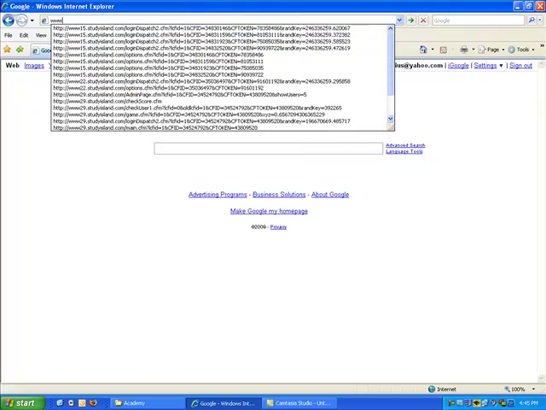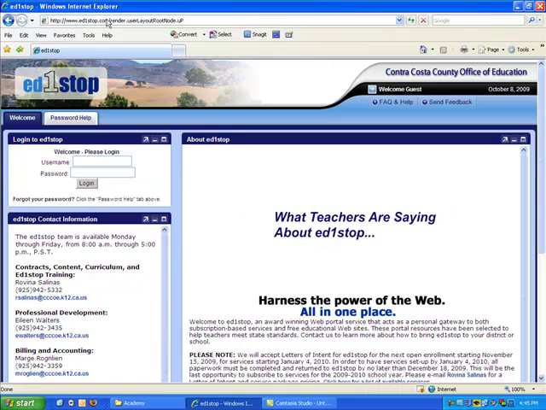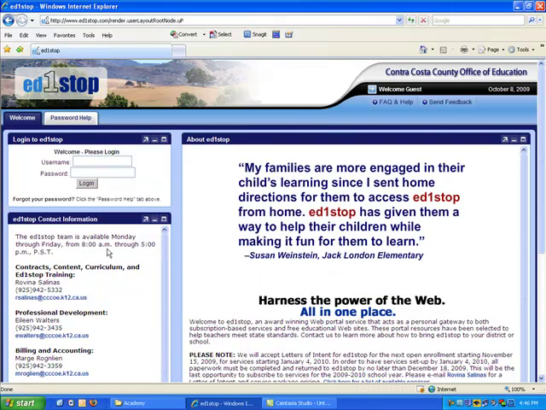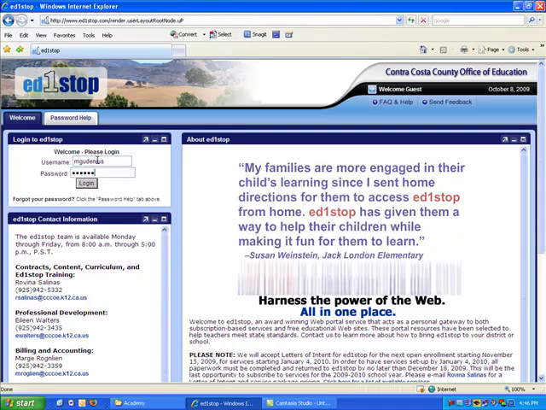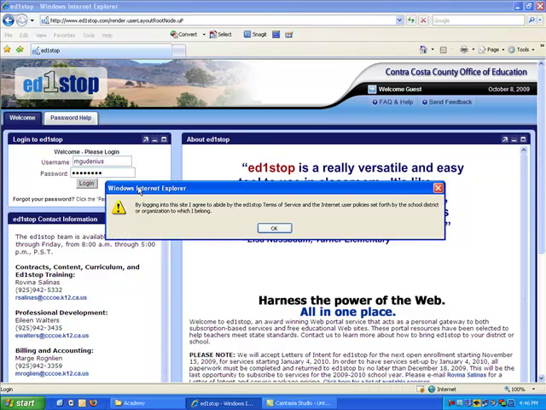and go to your Ed1Stop portal. This is our site that we have set up through the district and through Contra Costa County Office of Education up there, and we're going to click to log in. So you need to know your username and your password first of all. This will give us access to a bunch of different resources, but one of the very valuable ones is Discovery